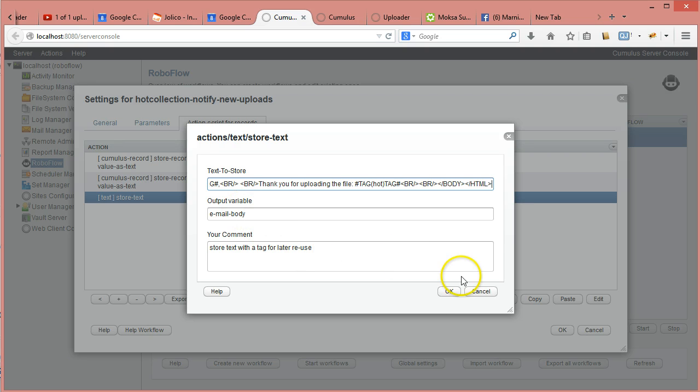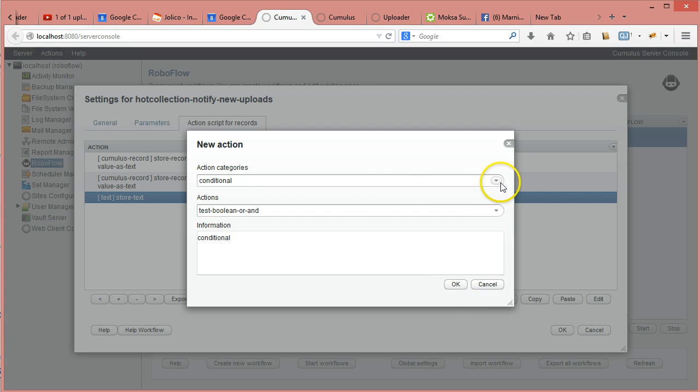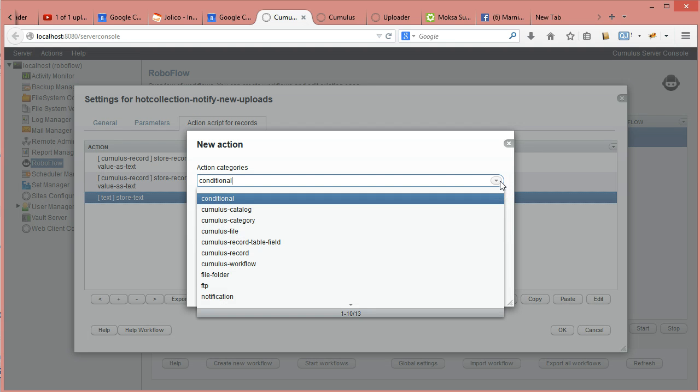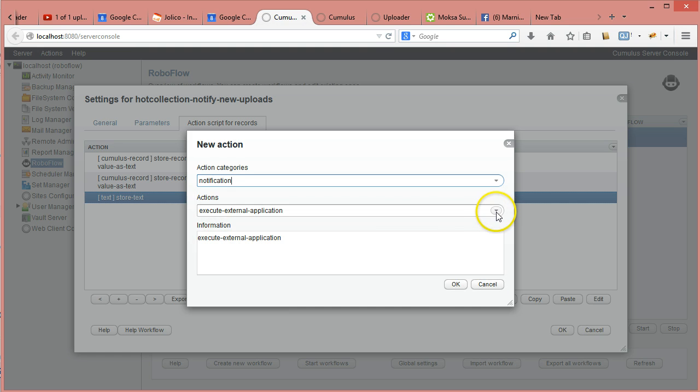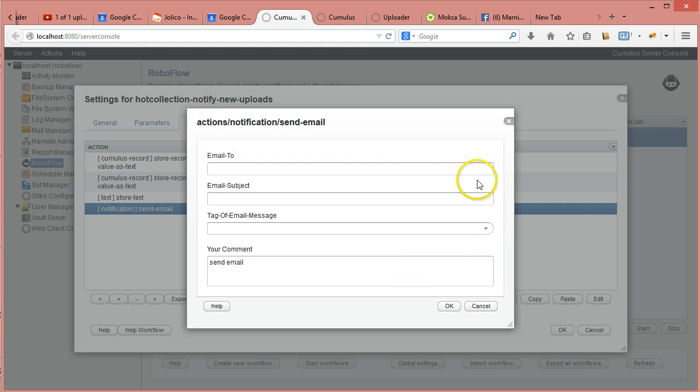So now my email body is ready, and now I'm going to send a mail. So I'm going to the notification group. In the notification group I'm saying send email, and this will thus send an email individually per record. Email to whom do I want to email? Well, remember we stored that email field, so I just do hash hash. Oh, I did it too quickly. Hash hash, there it is,